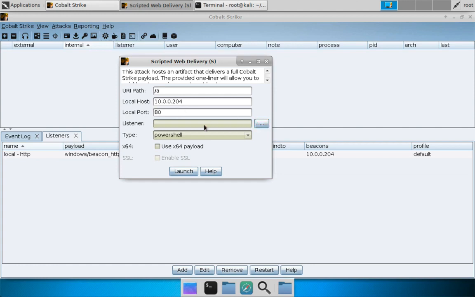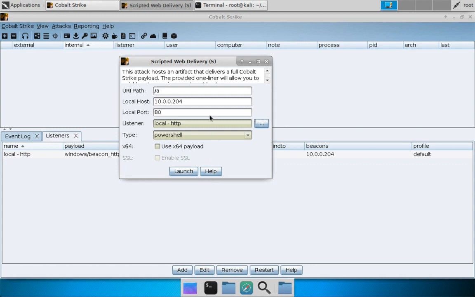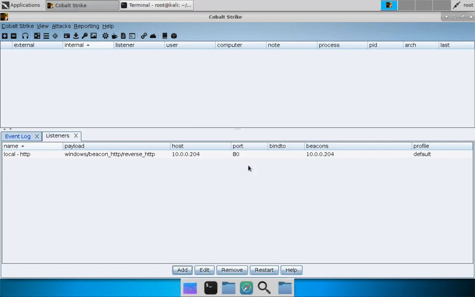So we're going to press the button next to listener, and this will let us choose our beacon payload that we just configured. Press choose, and that's configured, and why not, we'll make this a 64-bit payload. Press launch, and there we go. We now have a PowerShell one-liner that will run our beacon payload so we can try out our listener. So I'm going to put that in the clipboard, press OK,